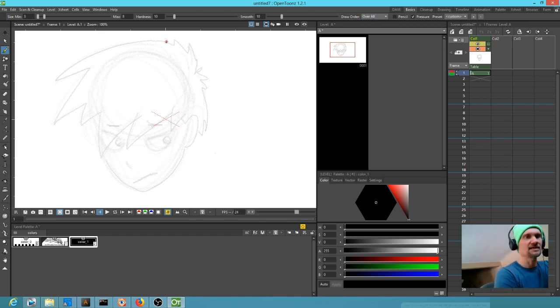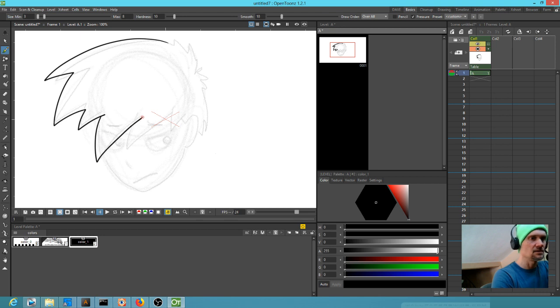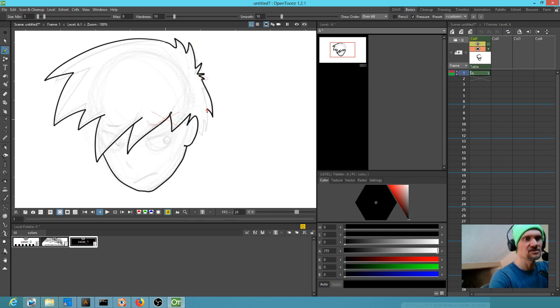We'll come back to that, but basically what I've found is this gives a look that is pretty consistent with what you see in most anime. It's got a little bit of that scanned pencil art look,